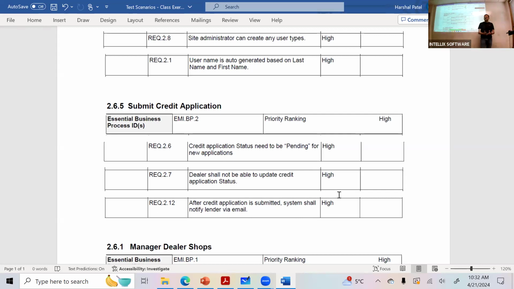So if you are to test it, what would be the process here? If you are to test this from the testing standpoint. Dealer will not be able to update the credit application status. Right, but process wise, step by step, right? I'm just looking at the high level process.